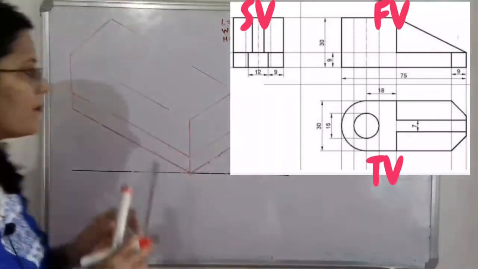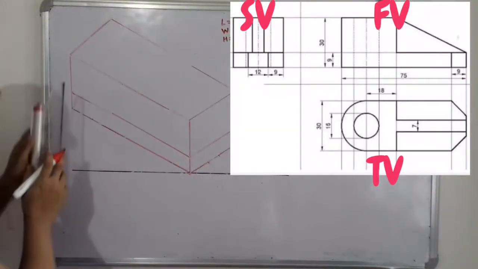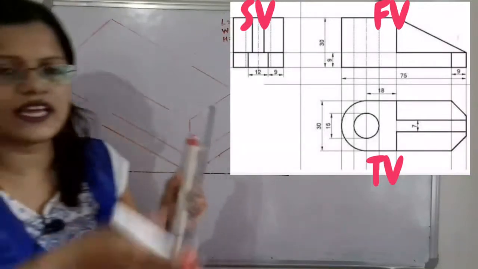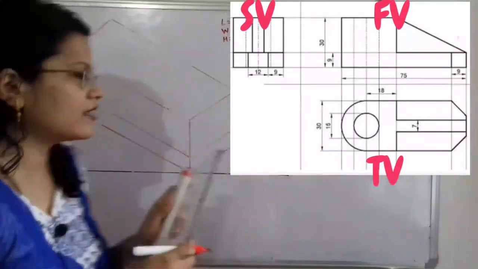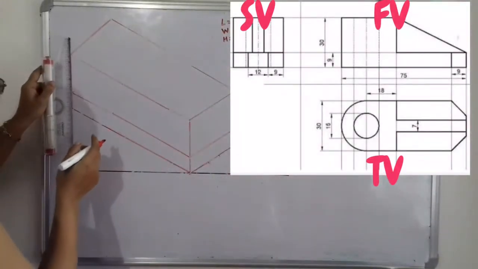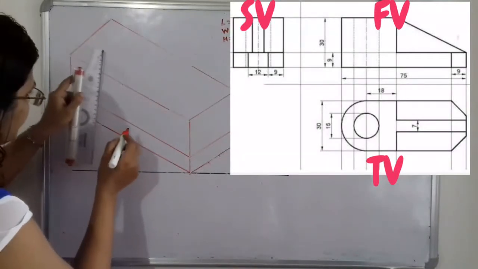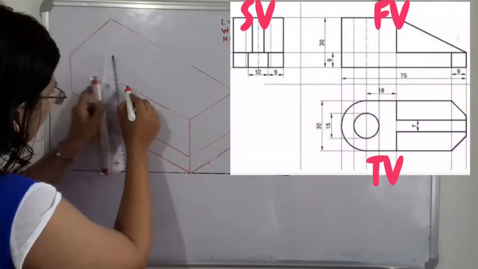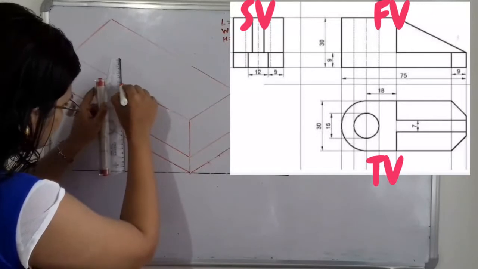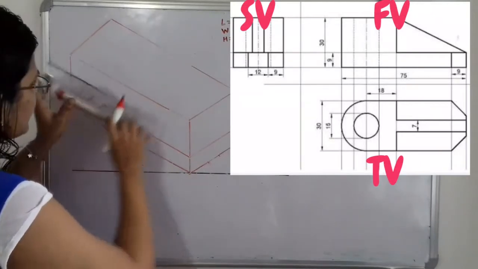Now we will complete the block. So how to complete the block? If we observe the structure, that shows one vertical line. So we have to join these points. So if we join these 3 points in this way,